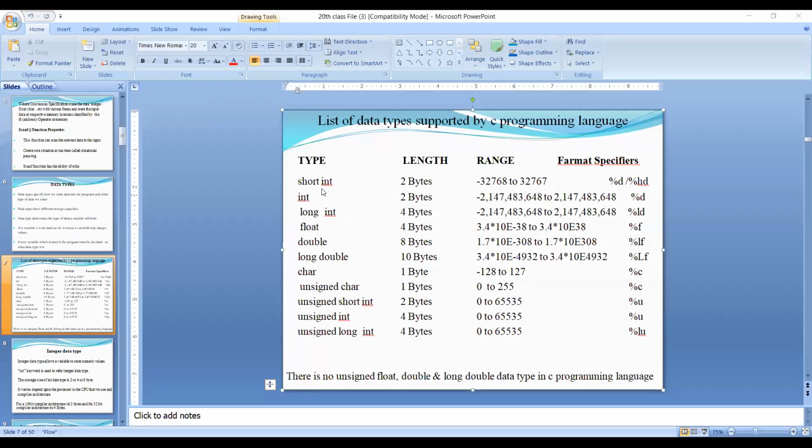See here. Suppose if you take short int or int, the range is minus 32,768 to 32,767. So positively maximum we can give is 32,767 only. If you give one more extra number, that is 32,768, the negative number will print, means the negative numbers will start from minus 32,768.